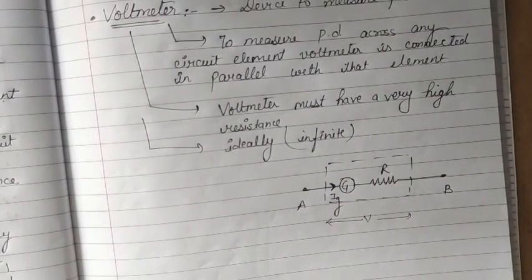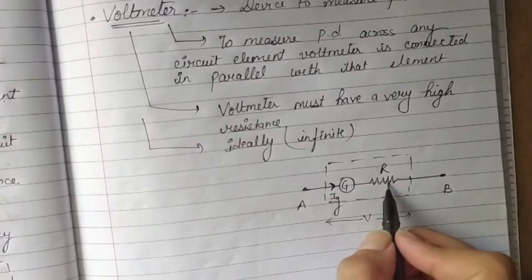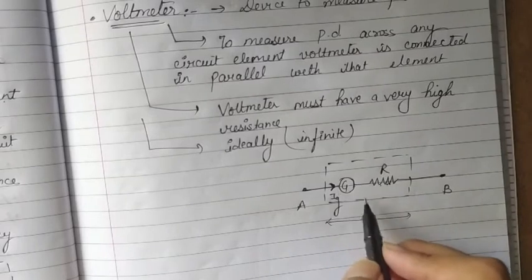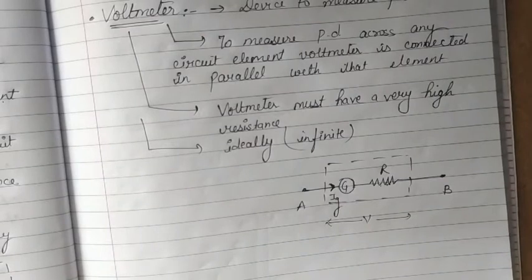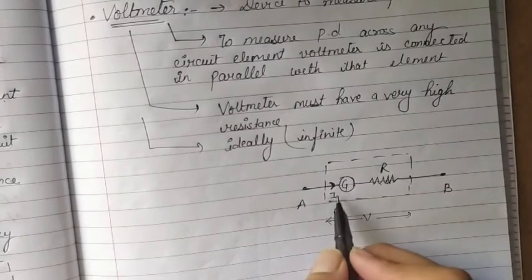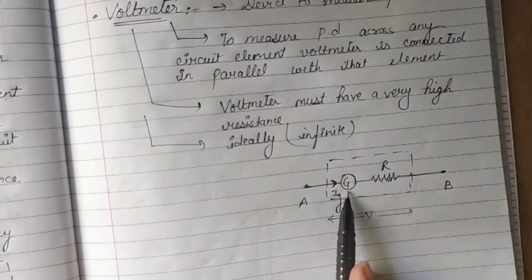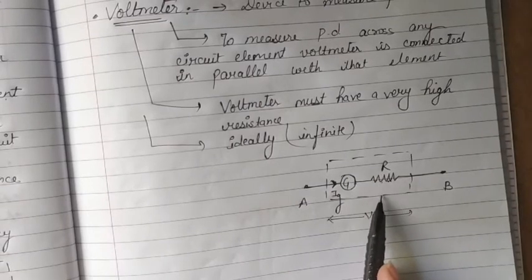Now a galvanometer can be converted into a voltmeter by connecting a high resistance in series with it, because then the setup has a very high net resistance and works as a voltmeter. The value of this resistance can be adjusted so that only the current Ig, which produces full scale deflection in the galvanometer G, passes through the galvanometer. We have to pick the value of capital R like that only, right?